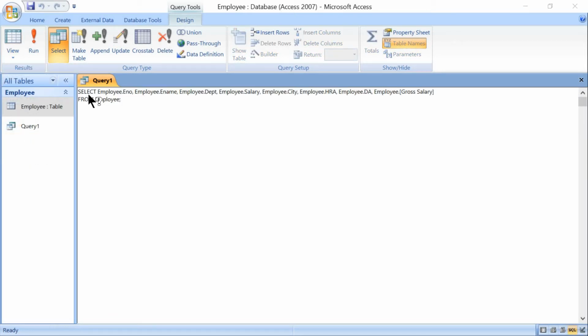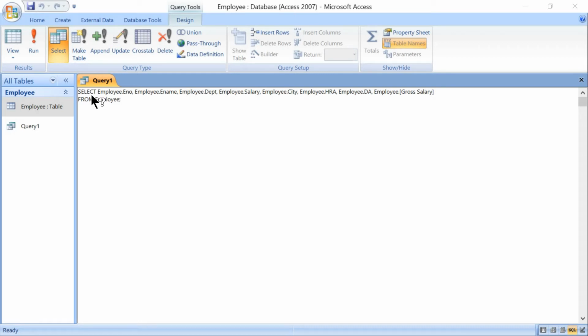In the SQL statement, we can see here we have the command select. Select is a statement which is used to select data from the database, and this select statement will fetch or retrieve 0 or more records from one or more database tables.